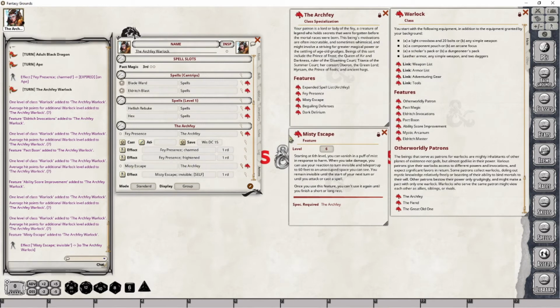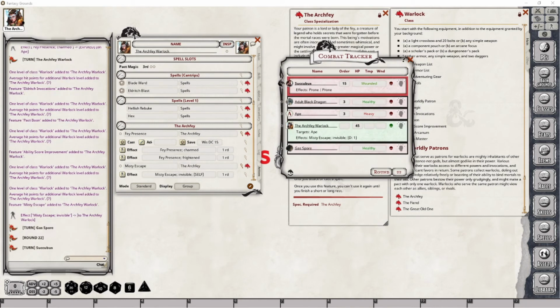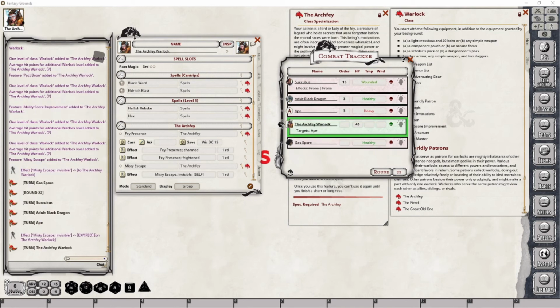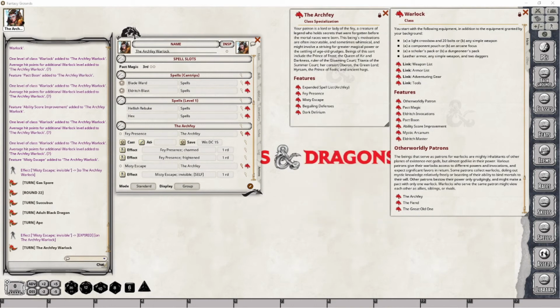Once the round is done, so if we open this up again, I will move the round past this point, and we should see that by the time things come around, it goes away. Perfect. That's what we want in this particular case. And that sets everything up for Misty Escape, which means we're done with this particular ability. That also completes everything that we need to do for level 6. So let's move on to the next feature.